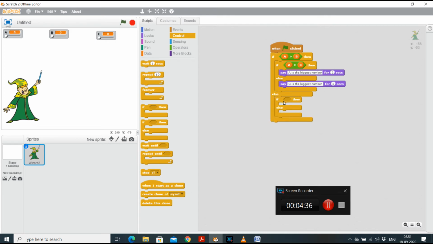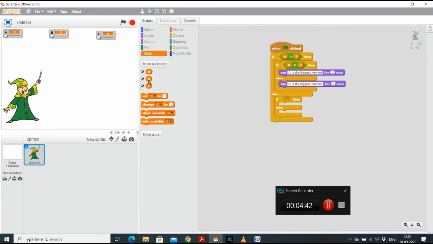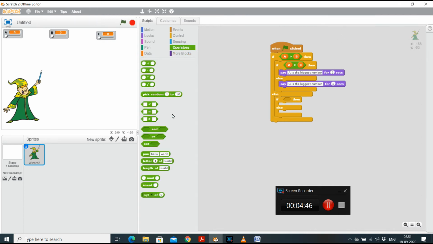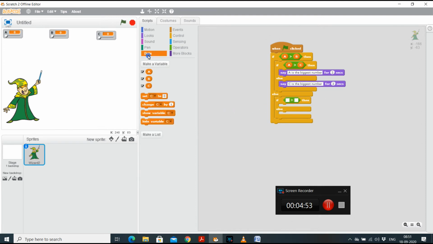So here what we have to do, we have to compare B with C. So we'll select B and C. But before that we select the operator greater than condition here and put B here and C here.